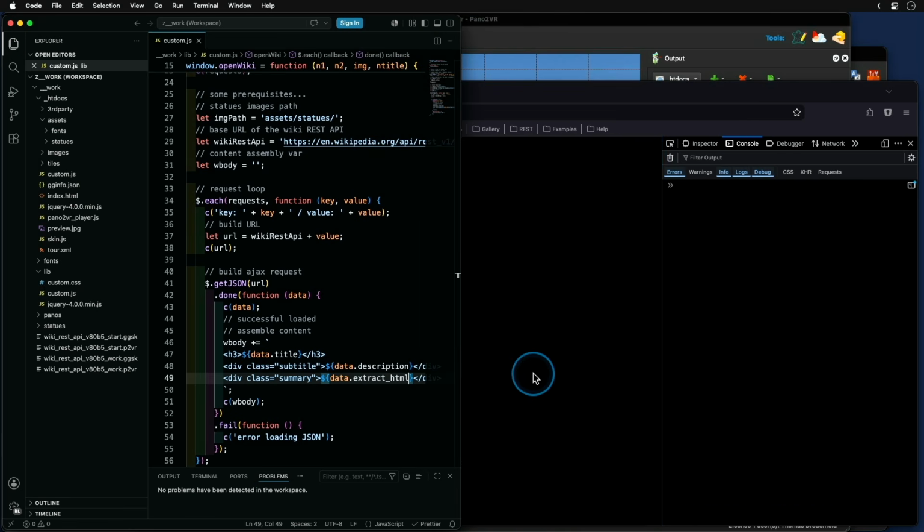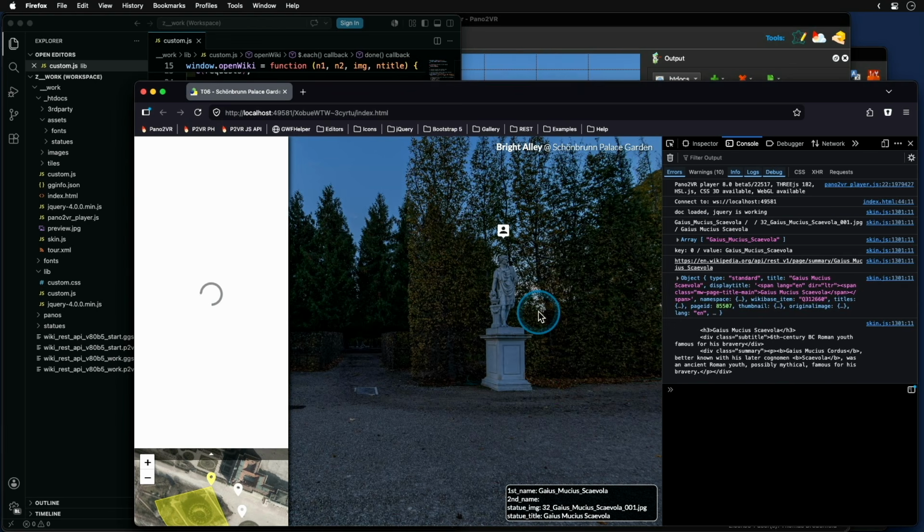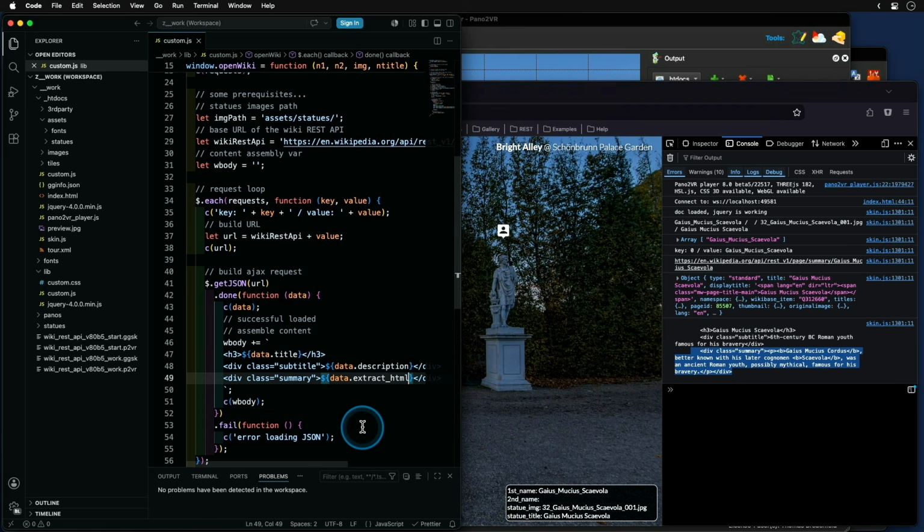Save, and we get a flashy reload here. And now let's click on it, and we get the H3 headline. We get this short intro with subtitle, and we get this summary including some HTML tags provided by Wikipedia. So this is very nice. And we have now assembled the basic structure of our Wikipedia box content, and we add some more stuff soon